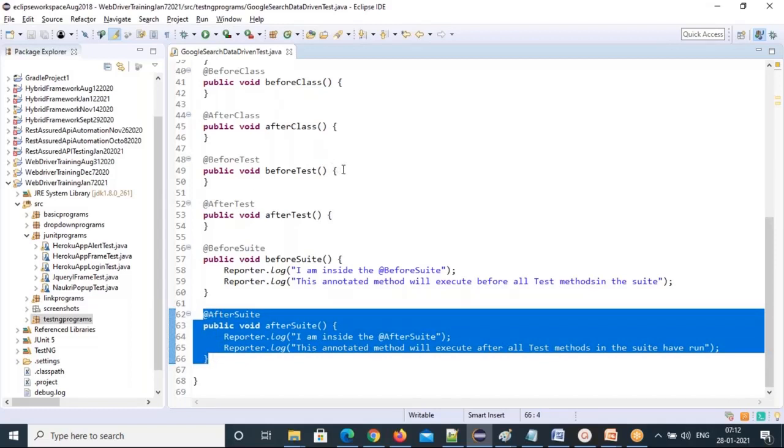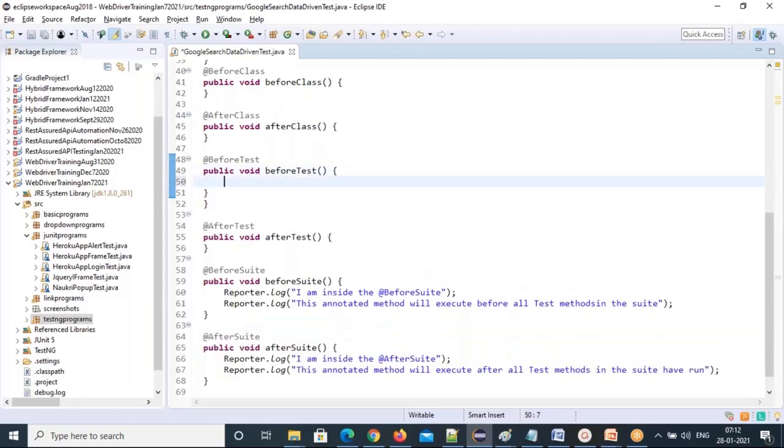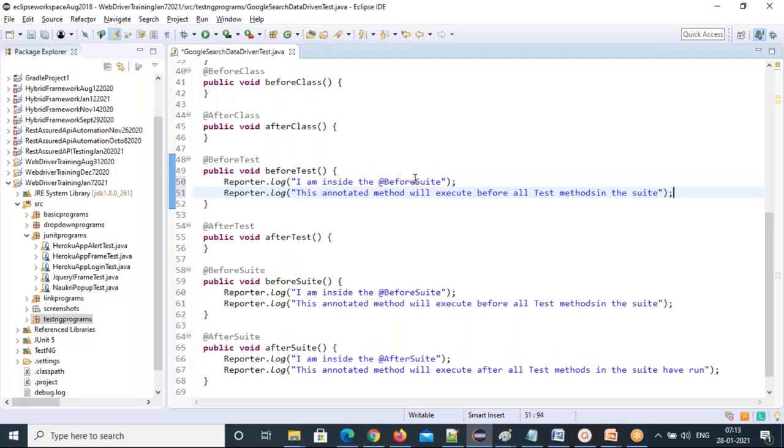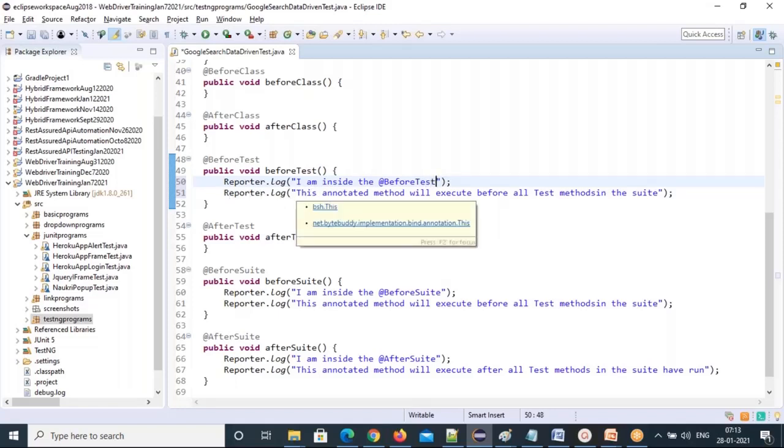Then BeforeTest. So I'm inside the BeforeTest. When it executes, the BeforeTest code will execute.